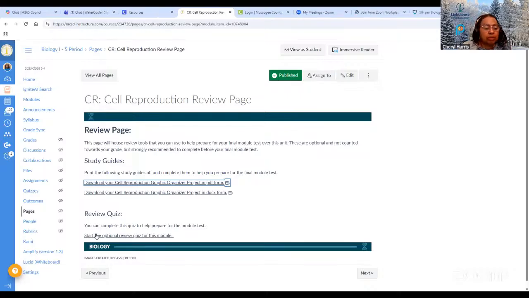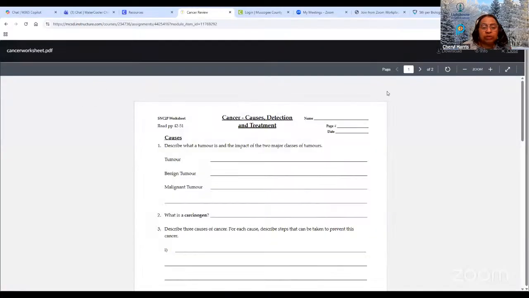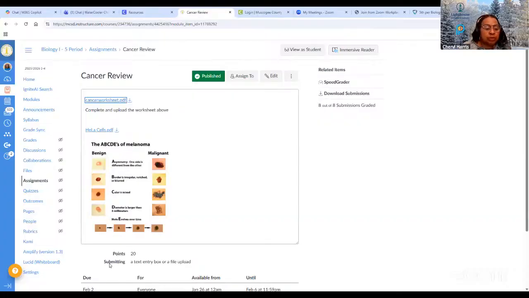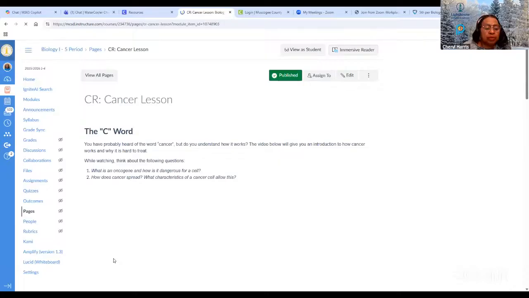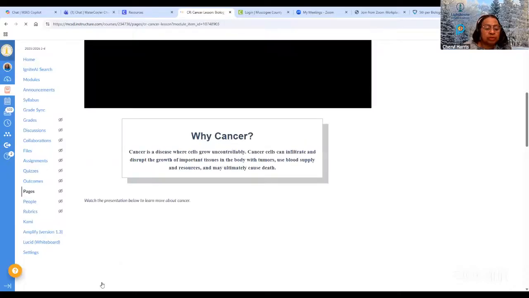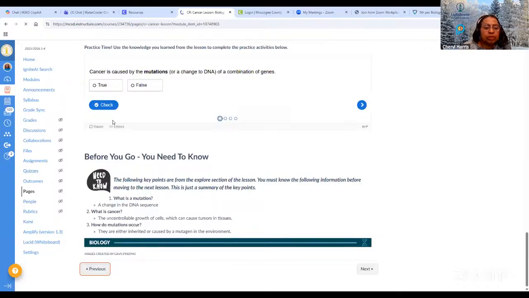All right, so what I was trying to do, I showed that. So like I said, most of you have to do the cancer. So please do that, because as you see, that's a question on the study guide. And then you had one on asexual and sexual reproduction. You need to do that as well.